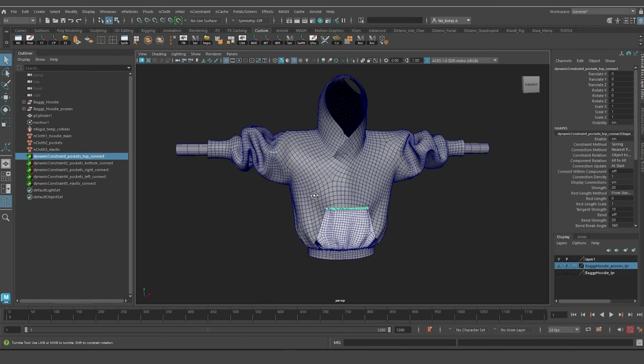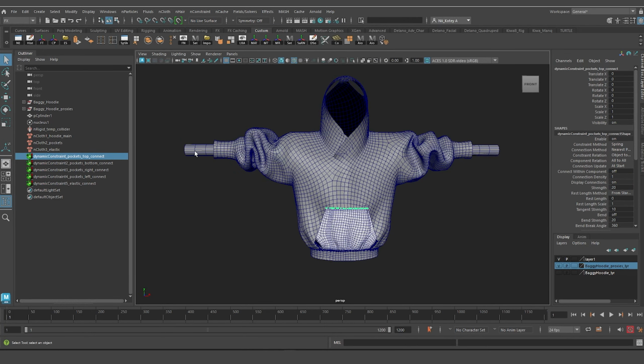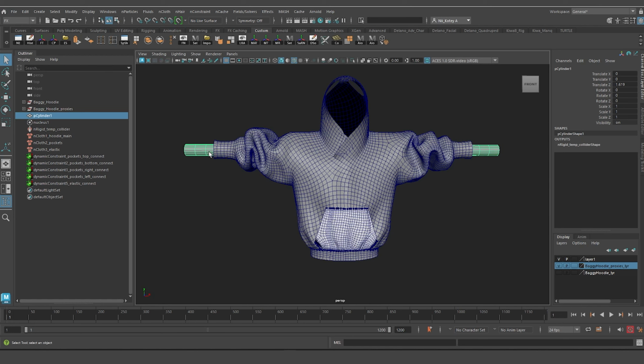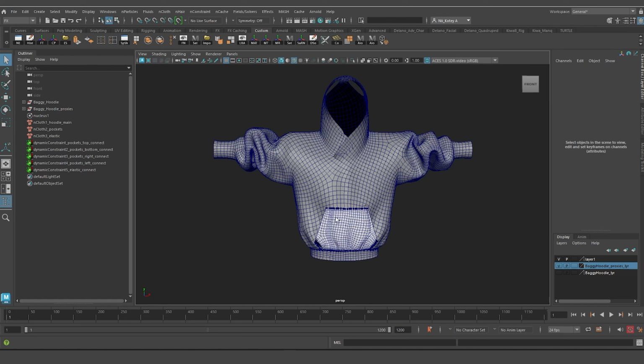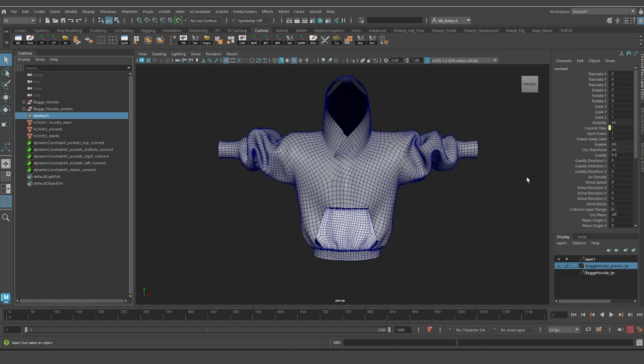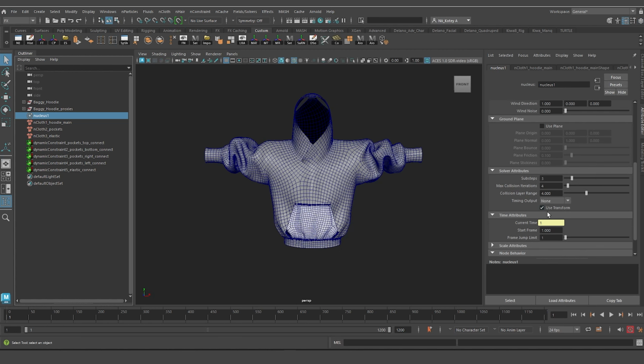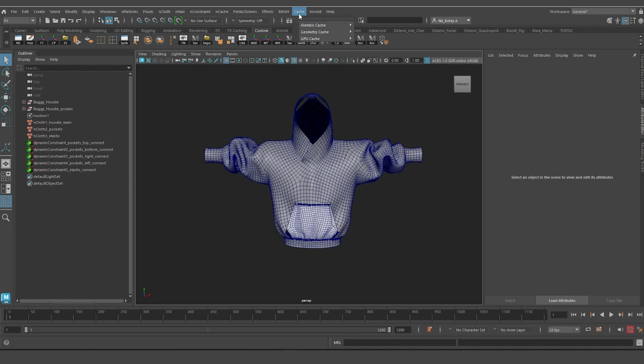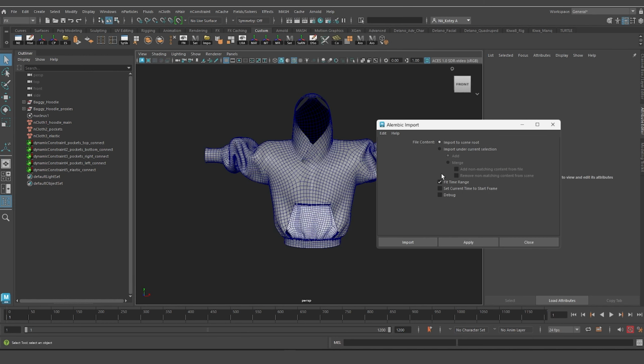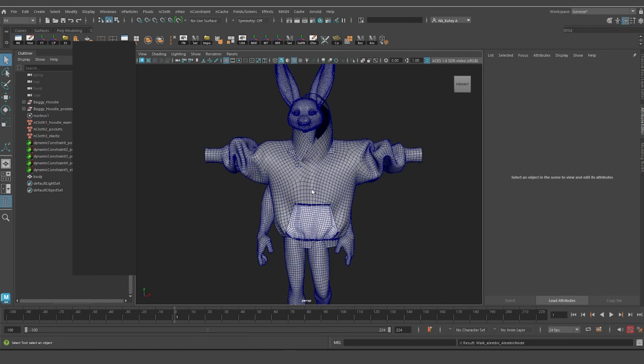All right, so it's time to get started with the real simulation. I'm going to delete this temporary collider, and I'm going to go to the nucleus, and I'm starting with the walk cycle. The walk cycle starts from -100. So I'll go into the attribute editor and make sure that under my time attributes, I set nCloth to start at -100. Then I'm going to bring in the animation. So I'll import alembic. I'll make sure fit to time range is selected,